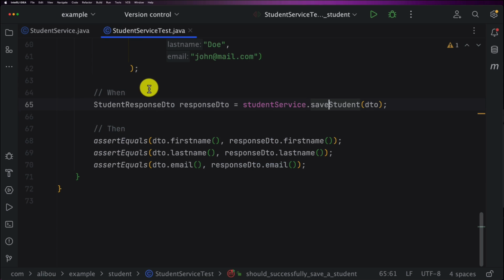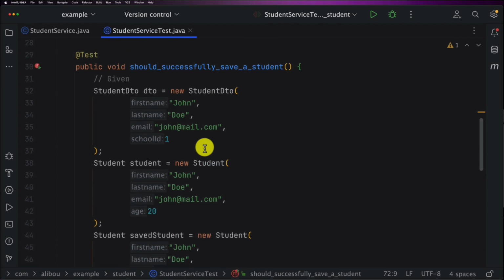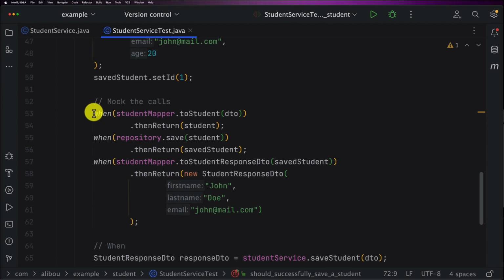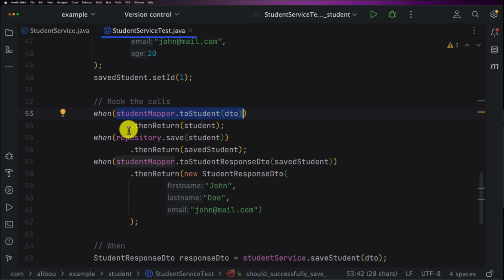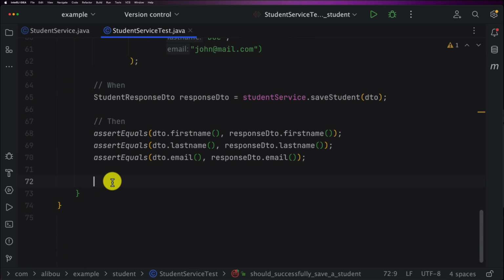So if I go back to my student service right here, we can do this in the same place since we have our code already set up. All right, so here we are mocking. And now what I want to do, I want to make sure that this student mapper.toStudent was called only one time, same for the repository and the same for this one. All right, so to do that,